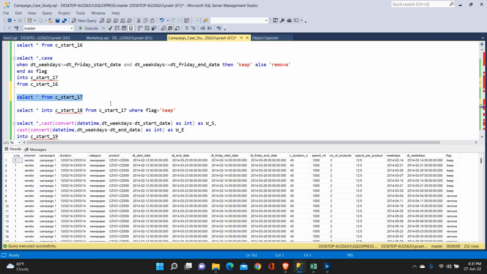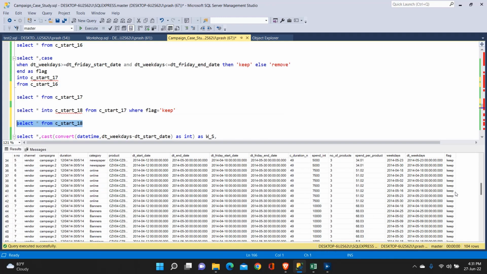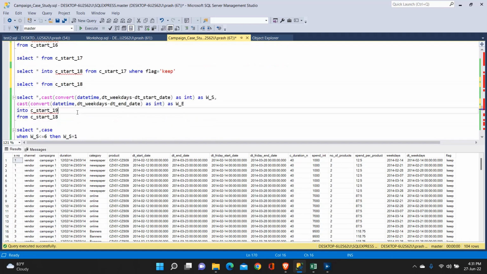So if we copy this, paste this 18 and execute this one. So all the keep values we are having, the rest all are gone. So 104 values that we have. Okay, now what we did is use the same thing and convert our date time of weekday start date, casted